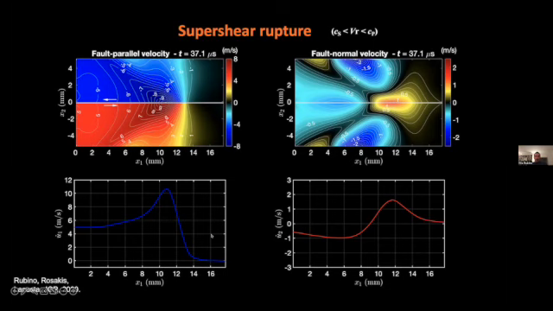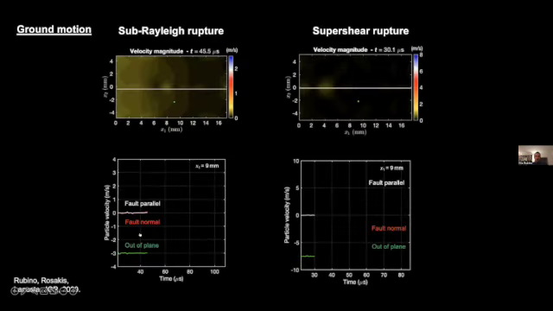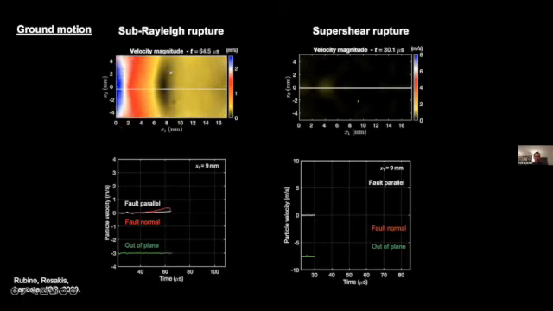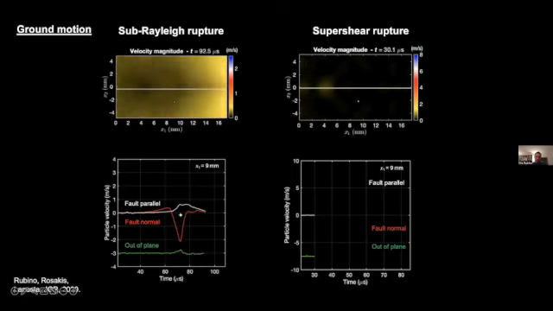Actually, to make a comparison between the two cases, we can look at these plots showing the velocity magnitude for both cases. In both panels, we can trace the time history of the particle velocity as the rupture sweeps through. We can see the rupture entering the field, the magnitude increasing, and you can see the components of the fault parallel and normal direction, with the normal component dominating